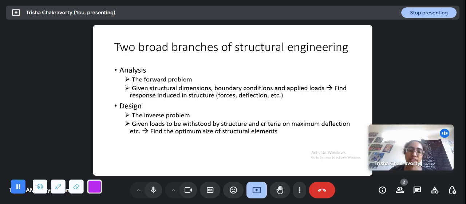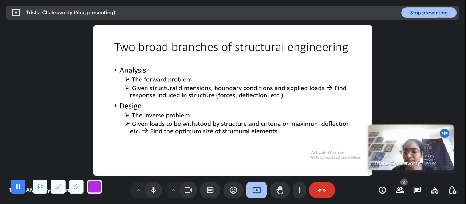Then we have to again go through the entire process. We cannot let the design go ahead till we have seen that it is sufficient. So design is an iterative process. Analysis is a more straightforward process, and design is done following the Indian codes for India, and all the countries in the world have their own design codes. For example, the American Institute of Steel Construction (AISC) is the steel construction code for America. For us it's IS. Then there are the EN codes for England and so on.